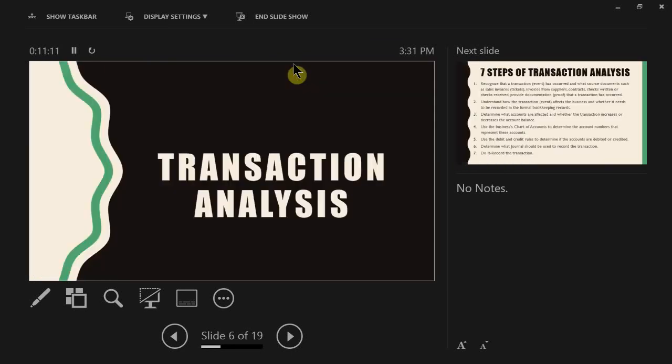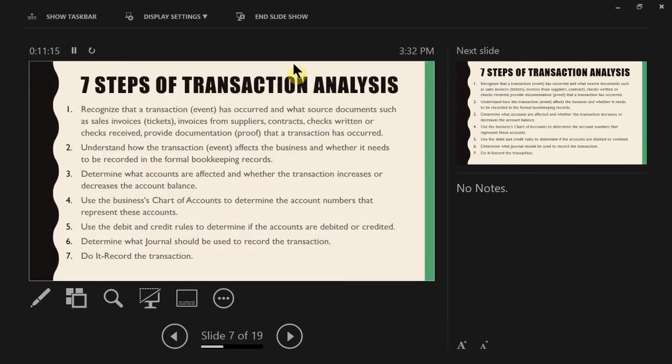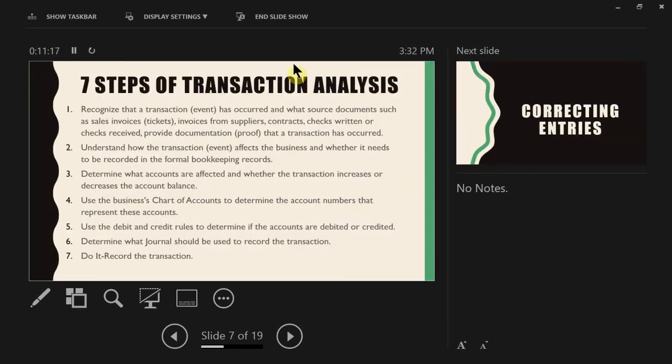Okay. So now we're going to be talking about transaction analysis. So this is very, very important, especially if this is your first time bookkeeping. These 7 steps are very important for you to have on the side. Okay. So